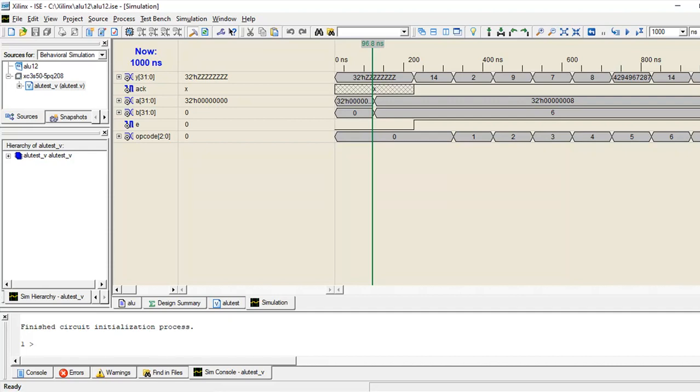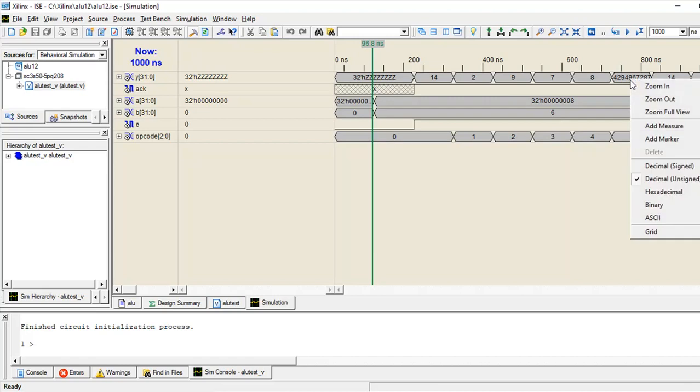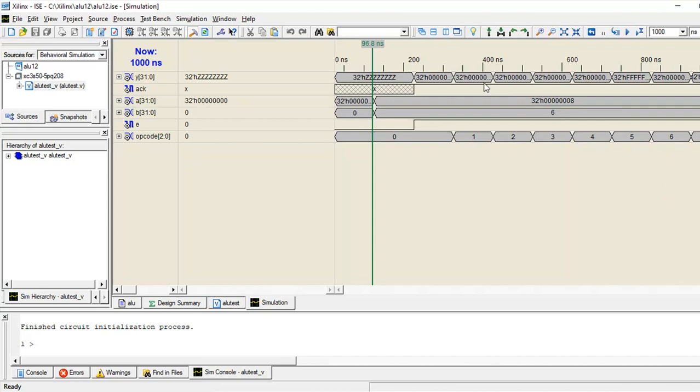Here you can observe A AND B result. Okay. If you want to observe the hexadecimal equivalent of this, it is available, and the acknowledgement signal is high for all successful arithmetic operations. Okay, that's all about the ALU experiment. Thank you.